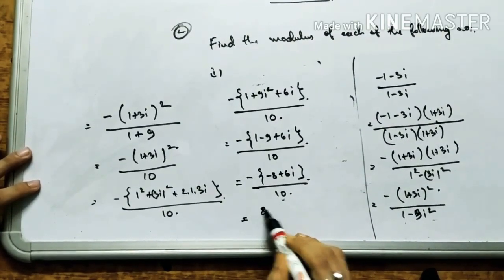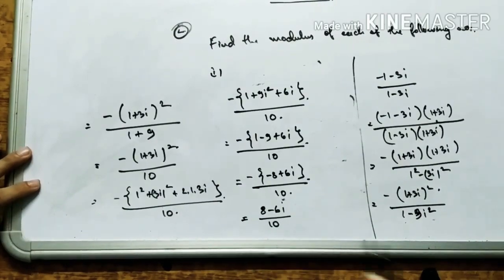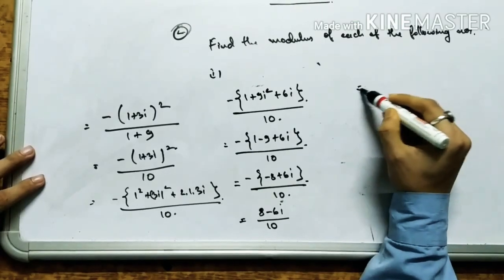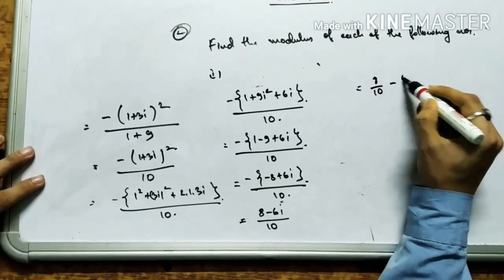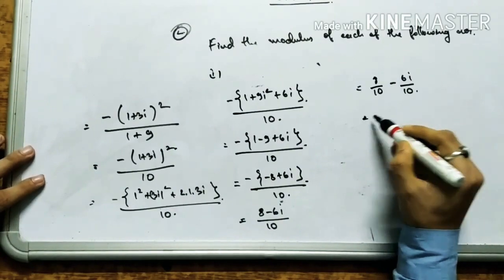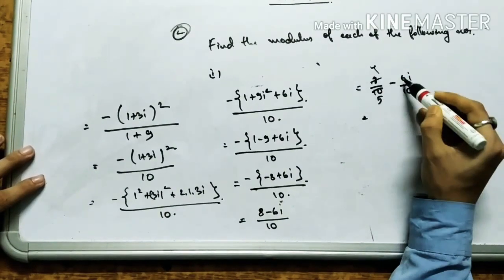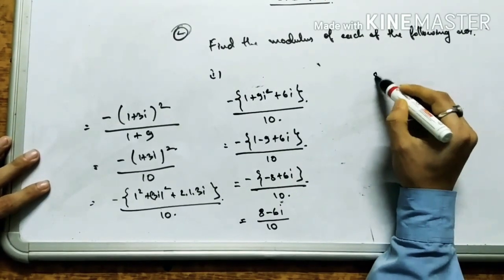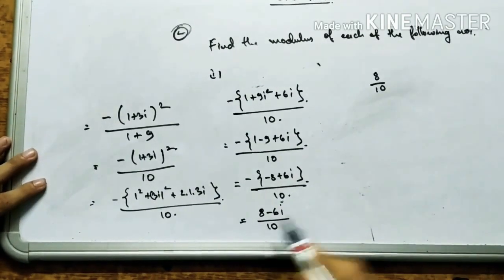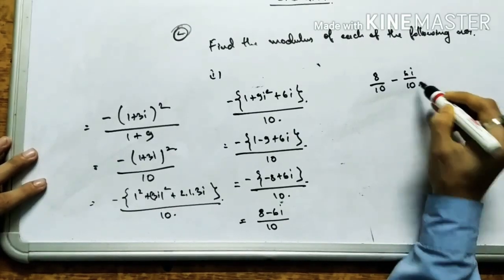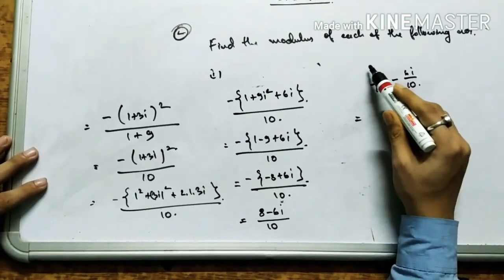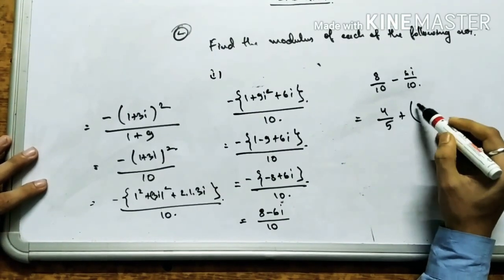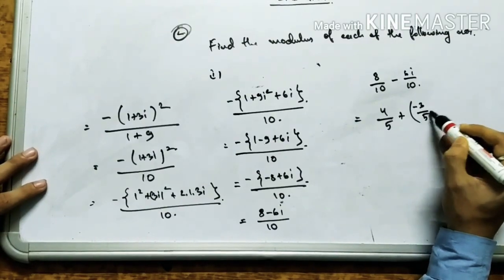Minus, if I put it inside, then 8 minus 6i I will get by 10. Okay, 8 minus 6i by 10. So which is equal to 8 by 10 minus 6i by 10. So this is 2 4s are 8, 2 5s are 10, 2 3s are 6, 2 5s are 10. This cutting you need not do here. 8 by 10, this is minus 6i by 10. So this one I can write as 2 4s are 8, 2 5s are 4 by 5, plus this is 2 3s are 6, 2 5s are i.